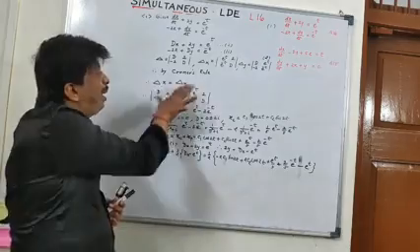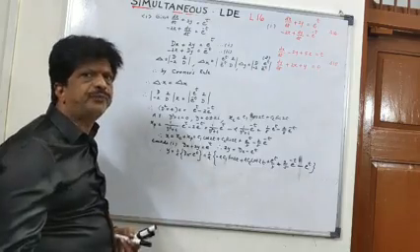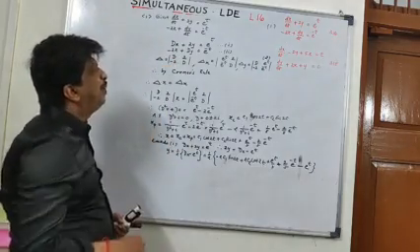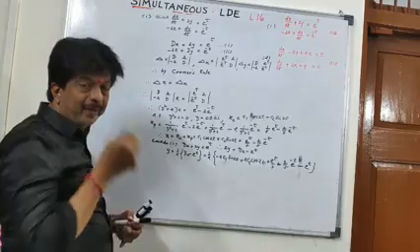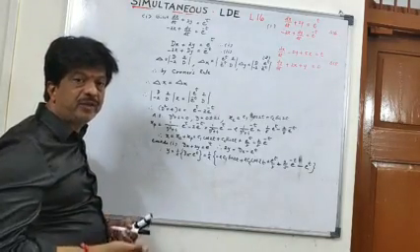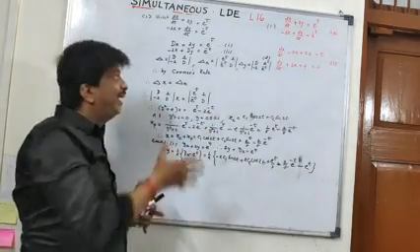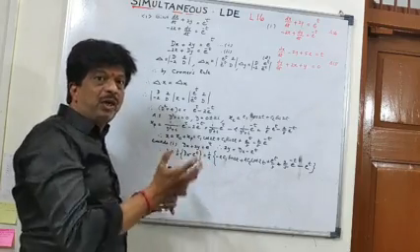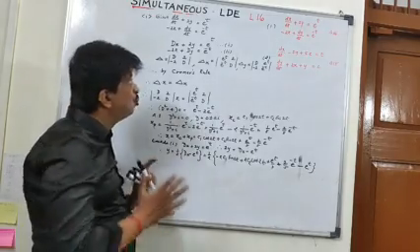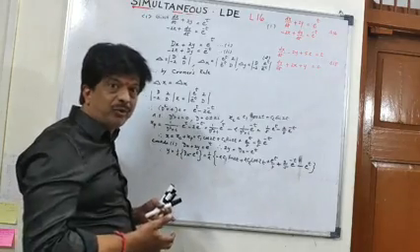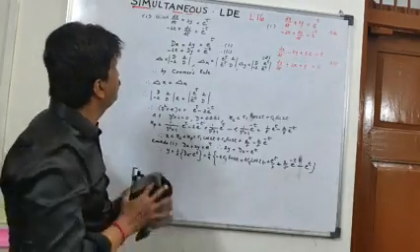See how simple it is if we employ Cramer's method. In many other textbooks, a very lengthy solution is given: multiplying the first equation by d, the second equation by 2, then adding them, eliminating y, and finding out the differential equation in x. Instead, if we use this formula of Cramer's rule, we can get the solution easily, very quickly, very shortly and very nicely like this. Get 6-7 marks very easily. So I hope this is a very simplified form of solution which I have mentioned over here.